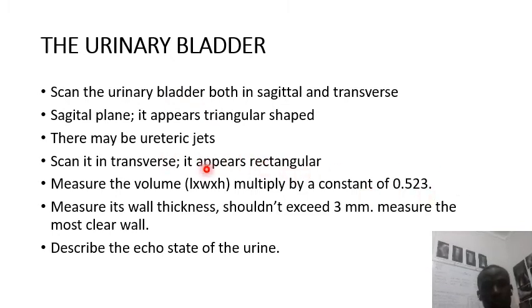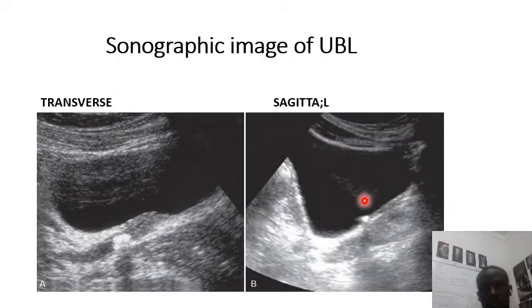So the urinary bladder, we all know that it is that sac where urine collects before it is passed out. So mainly what the examiners want you to get, one is a sagittal image of the urinary bladder and then a transverse image. So in sagittal, you just get a triangular shaped anechoic structure like this exactly. Then on transverse, this is kind of